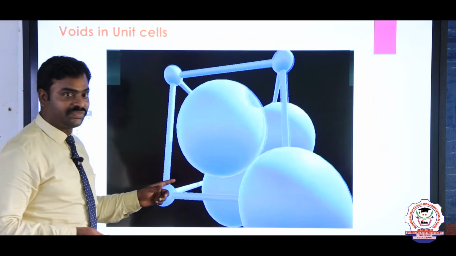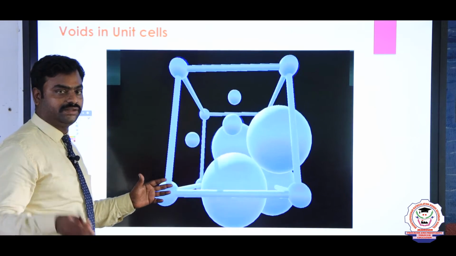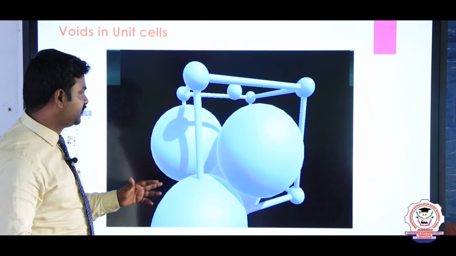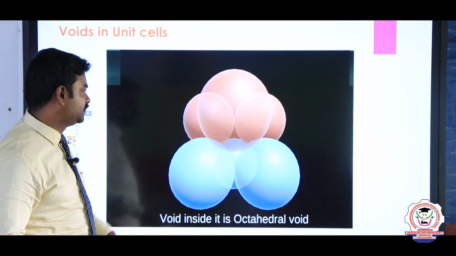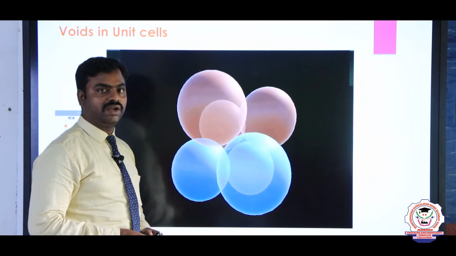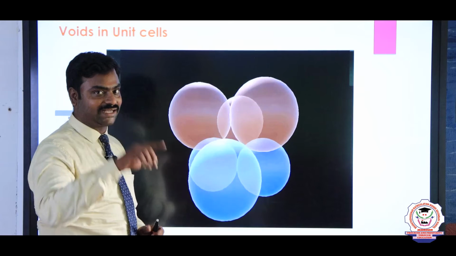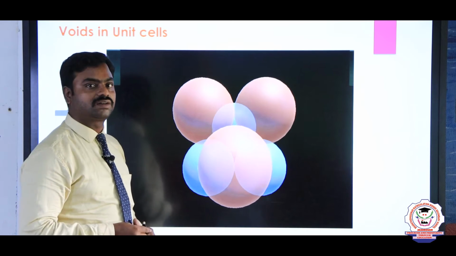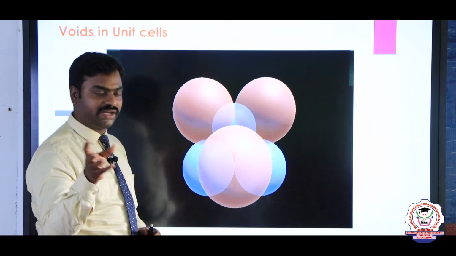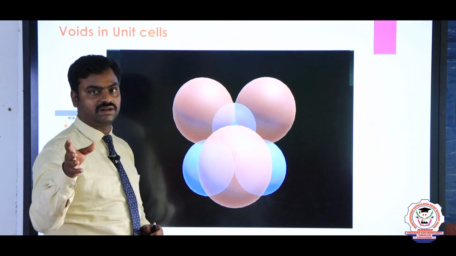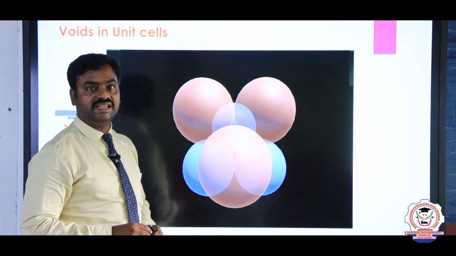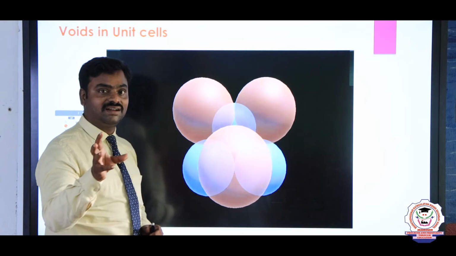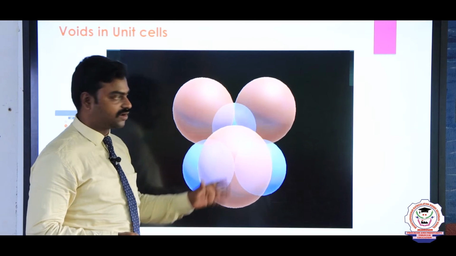And this is the face-centered unit cell. In that also we can find out the tetrahedral void. This is a tetrahedral void in FCC. This is octahedral void. Octahedral void is formed by 6 atoms, 3 over 3, but the inverted triangle makes octahedral void. So, here the octahedral void, if you compare the size of octahedral and tetrahedral void, the void gap is larger than the tetrahedral void. So, bigger cations can be occupied in octahedral voids.